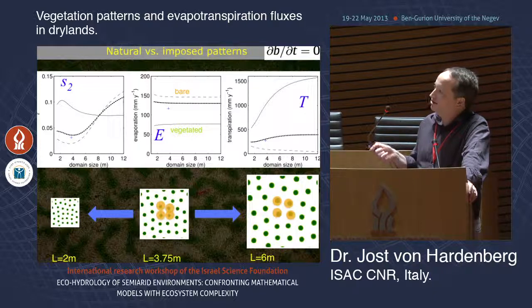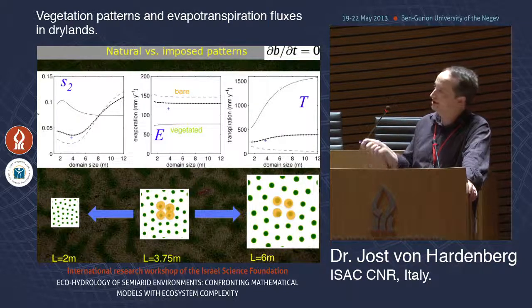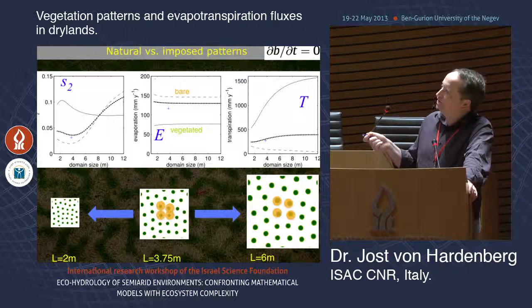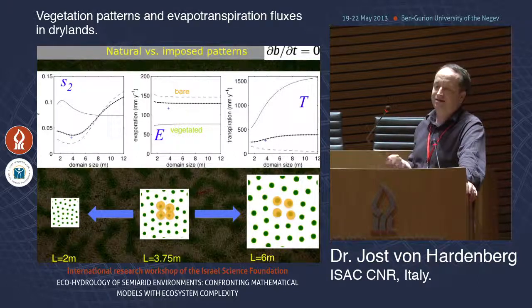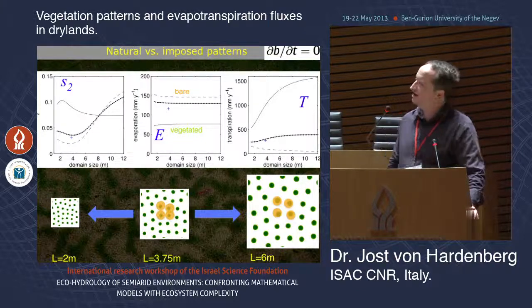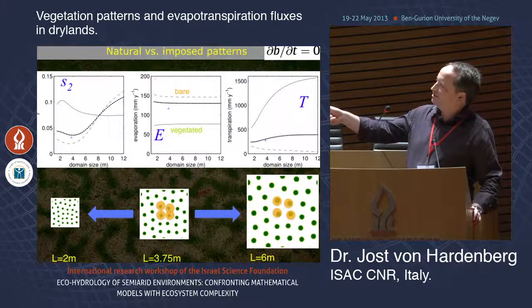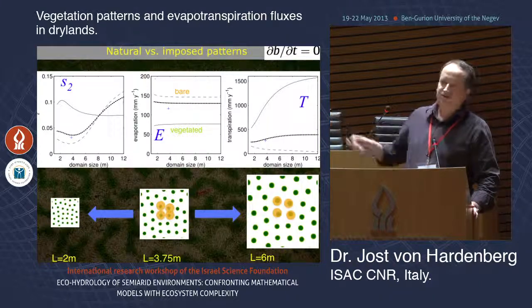The dashed line represents the bare areas, and the continuous line represents the statistics done only over the vegetated areas. On the other hand, when we increase the scale, the water in the bare areas increases dramatically. This we can understand if you think that each patch collects water through the root system, at a given length scale, from the surrounding area.